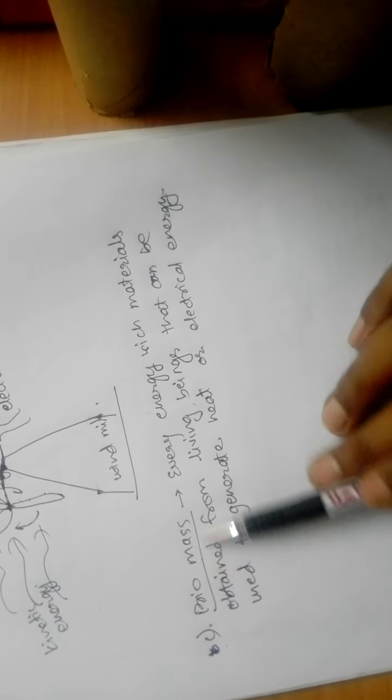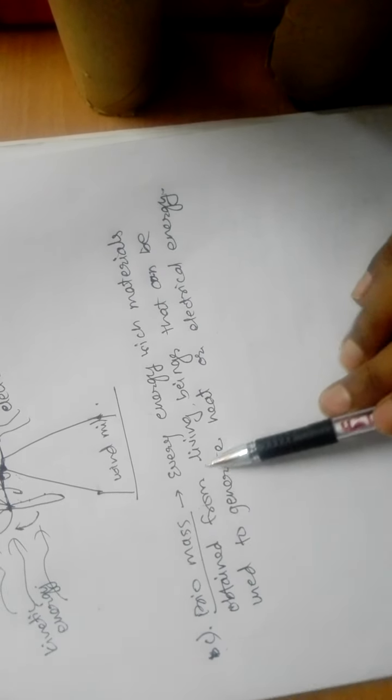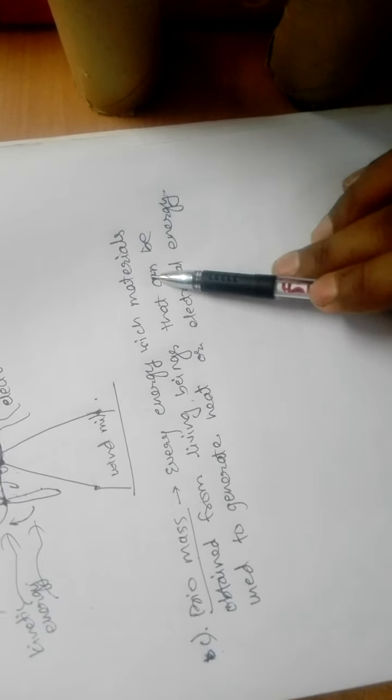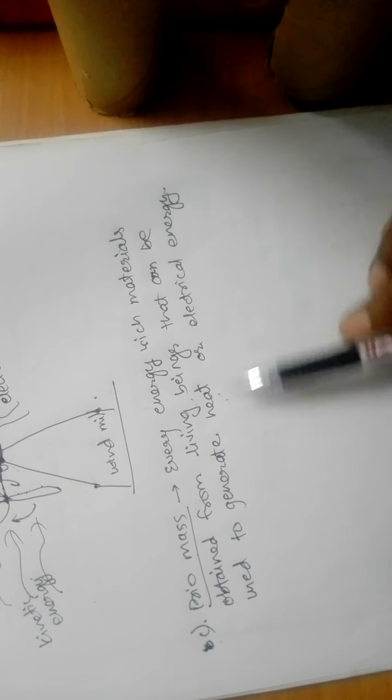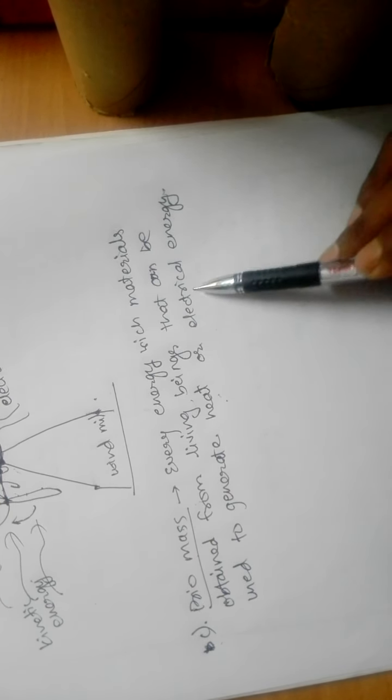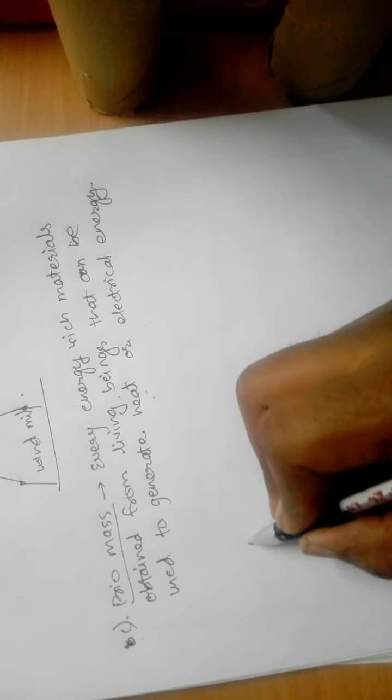Bio means living being, mass means matter. And these biomass or these matters obtained from living being, they can be used either to generate heat by heating them, or by burning them, or to generate electric energy. Okay, let me give an example of biogas plant. In biogas plant, what they do,